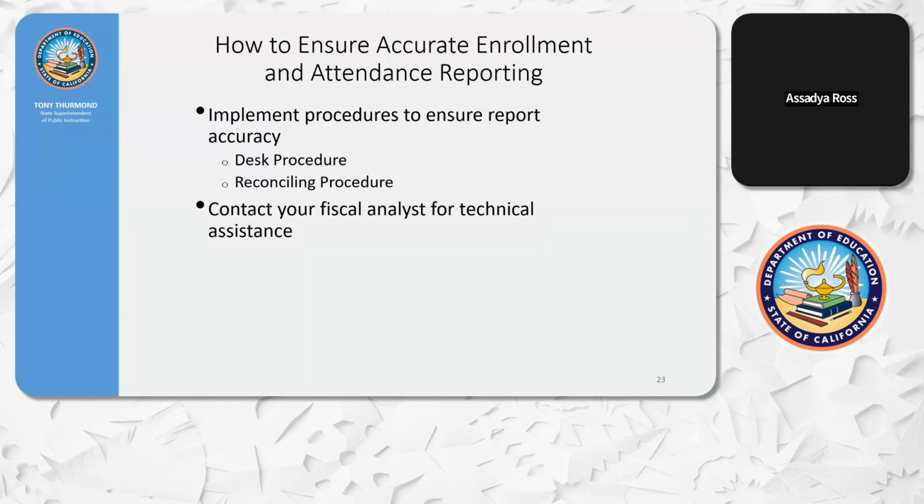So here are a few ways to ensure accurate enrollment and attendance reporting. You'll want to implement procedures to ensure report accuracy. A desk procedure will serve as a procedure manual. This will specify who is responsible for what task, how often the task is to be completed,